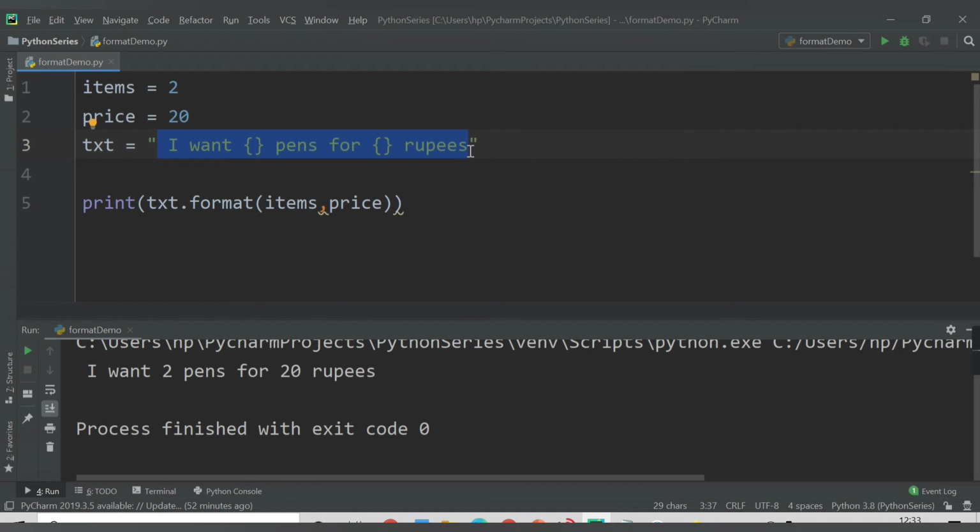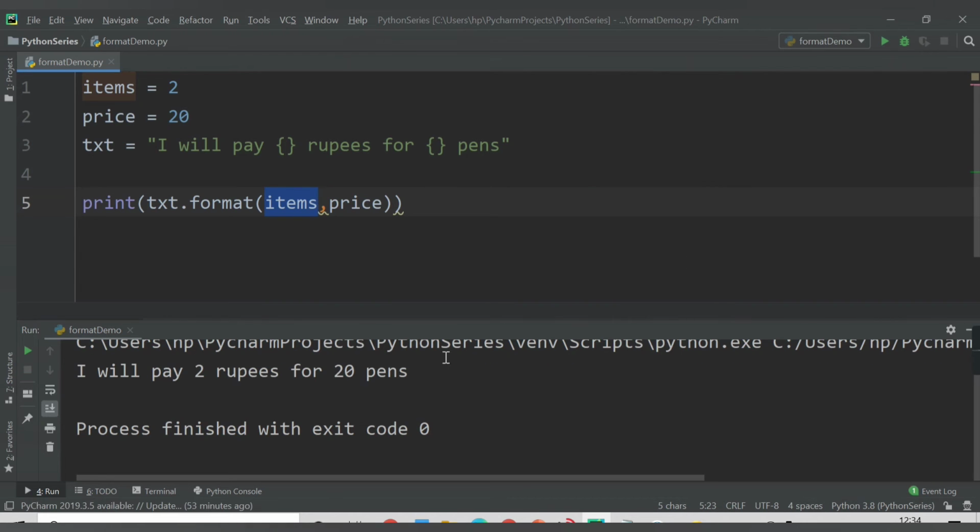What if I change the statement here? Let's say "I will pay 20 rupees for 2 pens." Okay, let's save this. The output will not be what we expect. The first one is items, so it will print "I will pay 2 rupees for 20 pens."